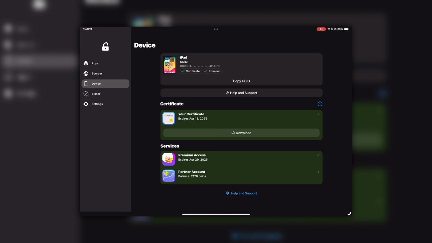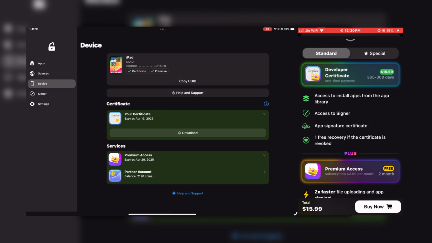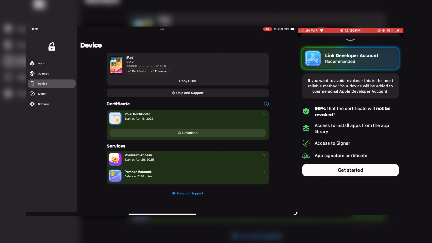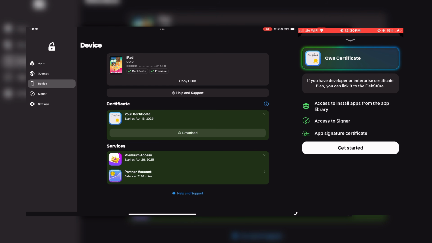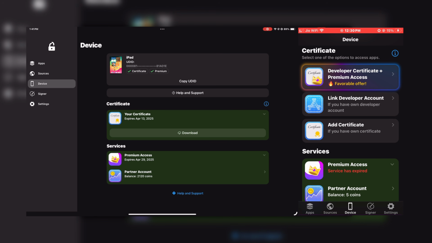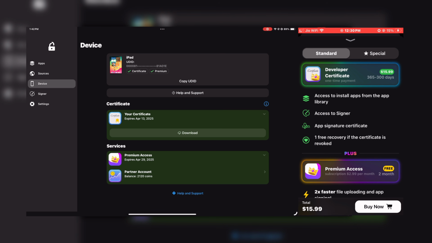For that, you will get three options below here under the certificate section. Right now it's not visible on my iPad because I am already using it for a long duration. So let me show you those options using my phone. So you will get these options as you can see here. The first one is purchasing a developer certificate directly from the Flex Store. Another is using an Apple developer account, and the third one is using your own certificate. You can go with any one of these options, and if you decide to go with the third option, that is your own certificate, then make sure the certificate you are using is in good signed condition. But instead of this headache, I'll suggest you go with the first option, that is purchasing an Apple developer account directly from the Flex Store.